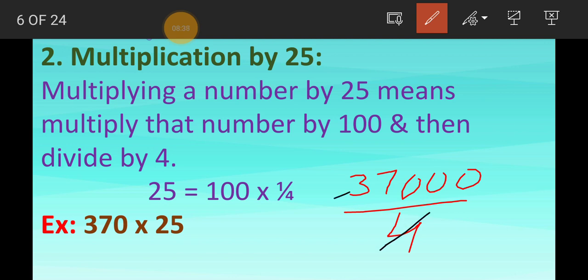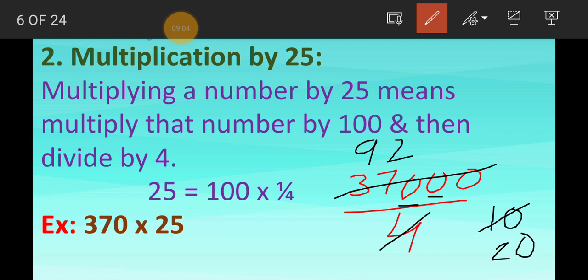And you will get here 2 or 4 only as the number by which you have to divide. So let's start. As you can see, the first number 3 is less than 4, so we are going to take 2 digit number, that is 37. So 4 nines are 36, because 4 tens are 40 is more than 37. So 37 minus 36, you will get 1 remainder. You will copy this 0 down, so it will become 10. So 4 twos are 8, and 10 minus 8 you are going to get 2 down. Now you will copy the next 0, it is 20. So 4 fives are 20. Again you will get 0, no remainder, right?